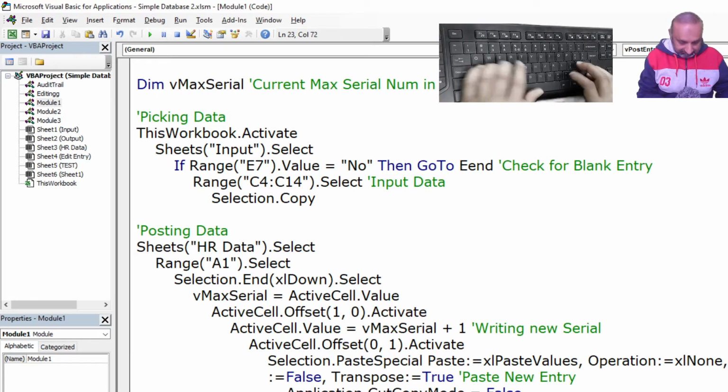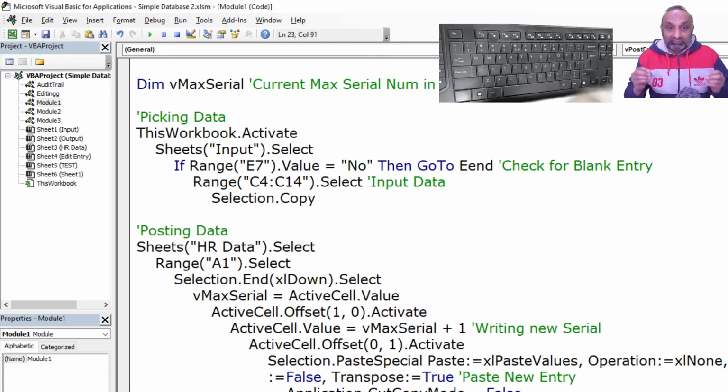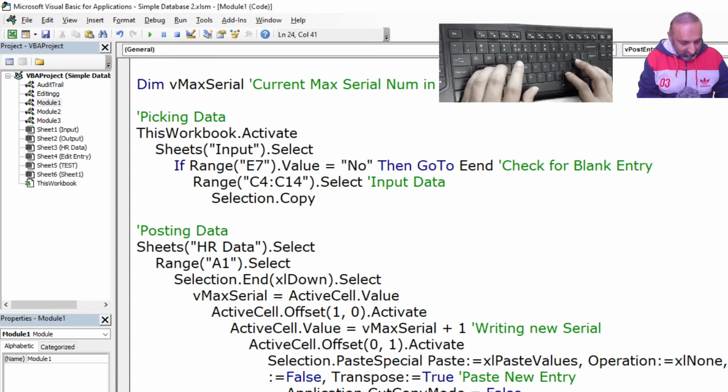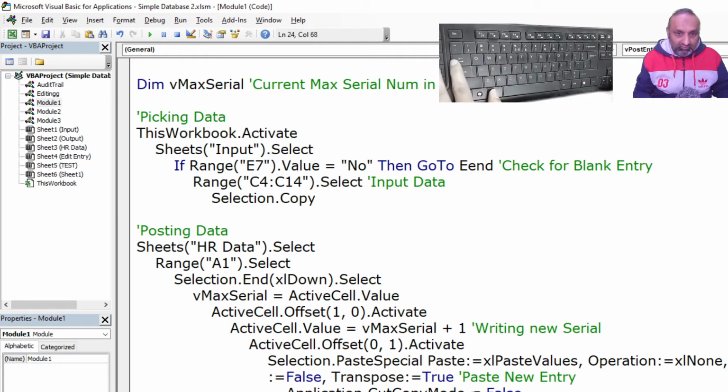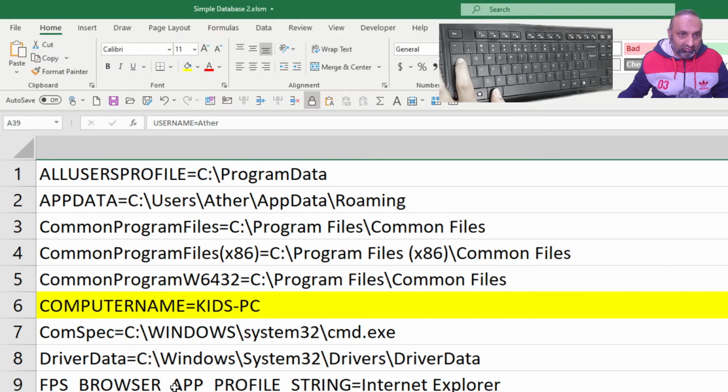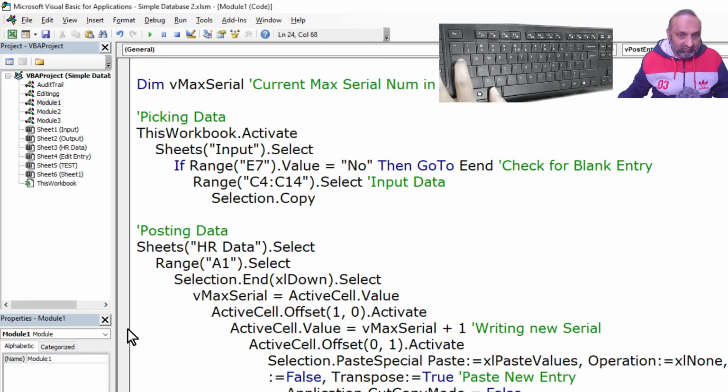Okay, we can say writing audit trail. Use comments, always use comments. This is very important. So what I want to have is ActiveCell.Value is equal to Environ, and first I want to use the PC name, that is 6,